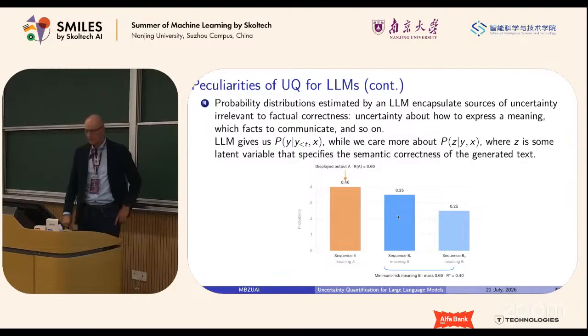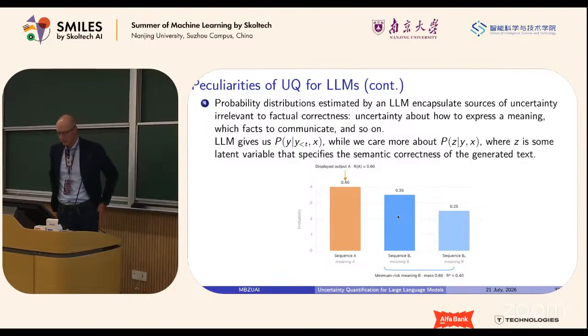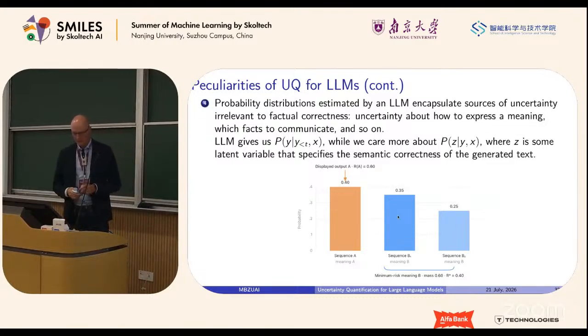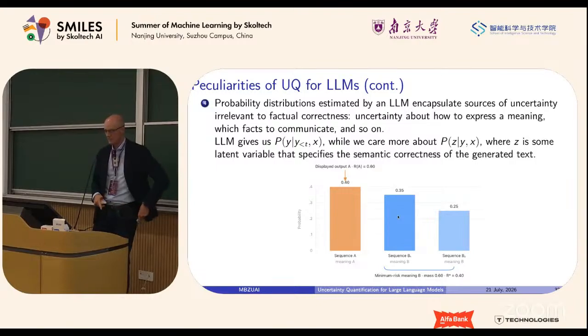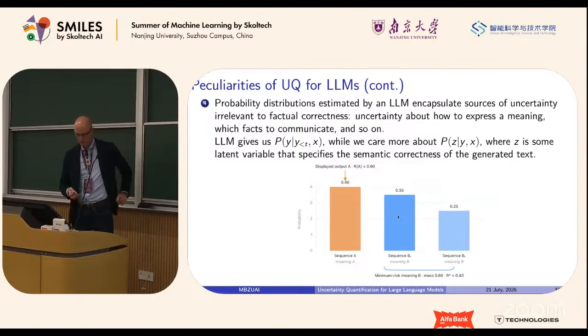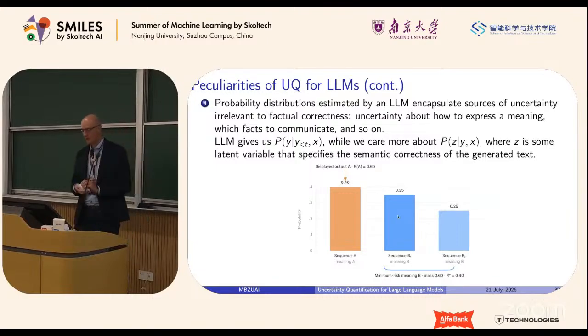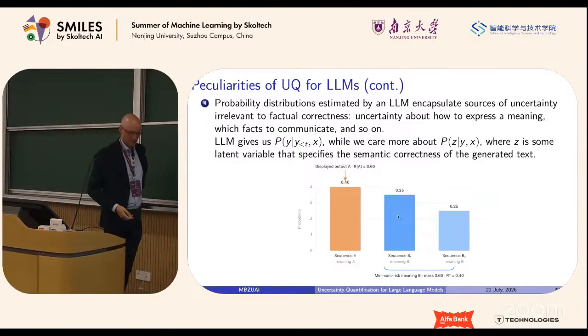So once again, the first problem is that sampling, greedy decoding, and other decoding techniques do not guarantee us the highest probability generation. And the second problem is that according to MBR, according to the Bayes risk,